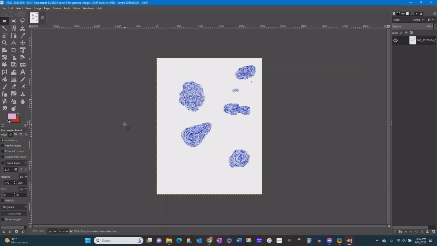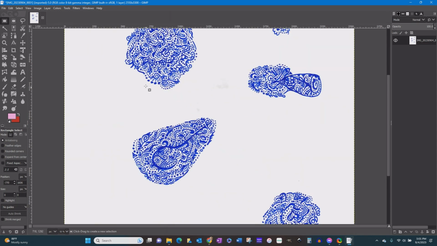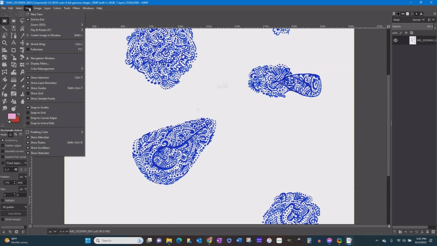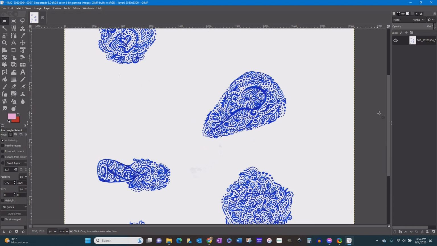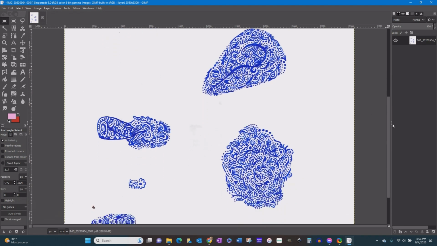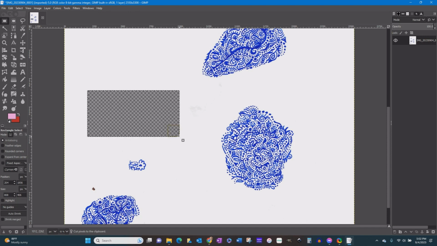And here we can see my PDF. I'm going to just hit the plus key, so it's Shift plus for me on my keyboard. And I'm going to go up to Image, Transform, and I'm going to go ahead and rotate it 180 to get it facing the right direction. And then with my rectangle select tool selected, I'm going to click and drag around one of the doodles